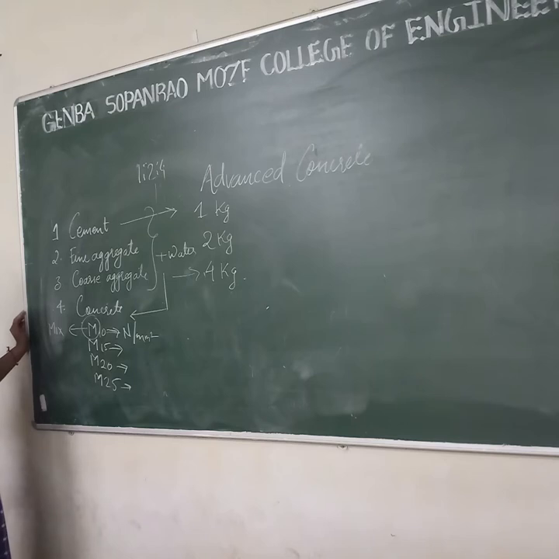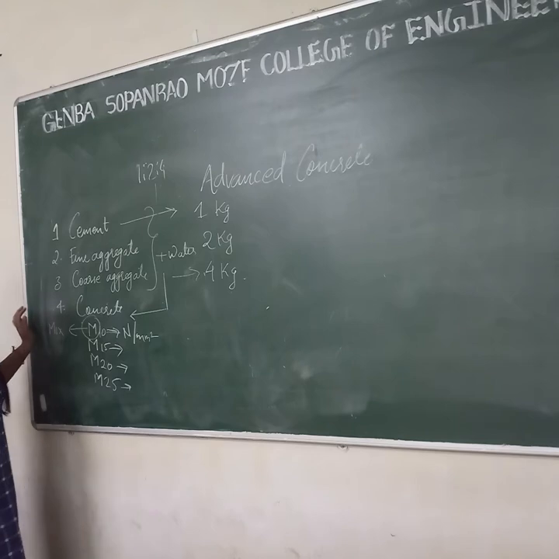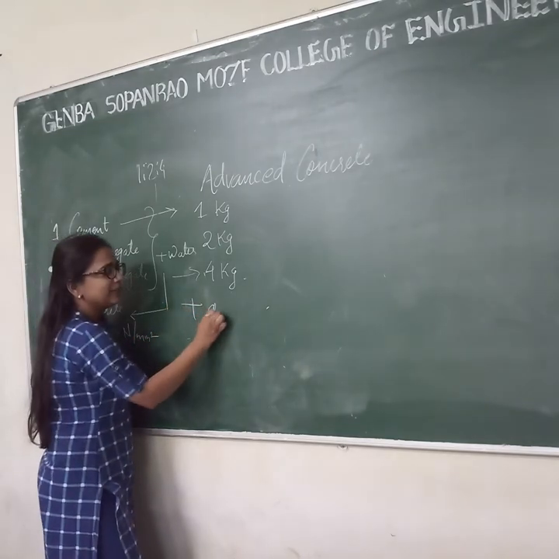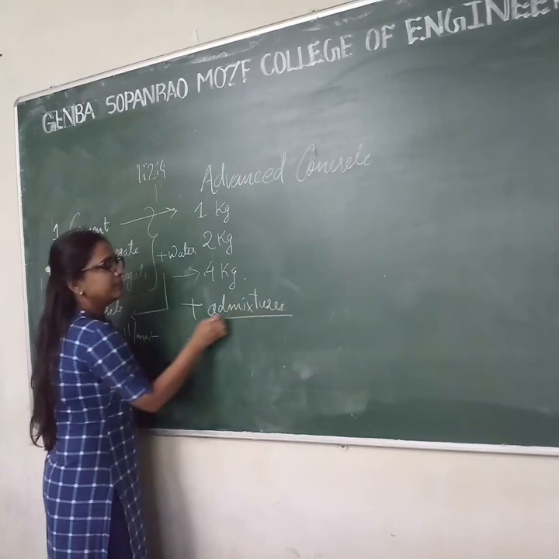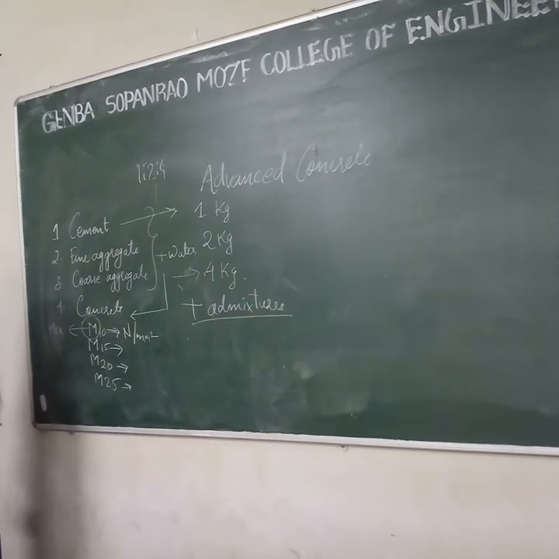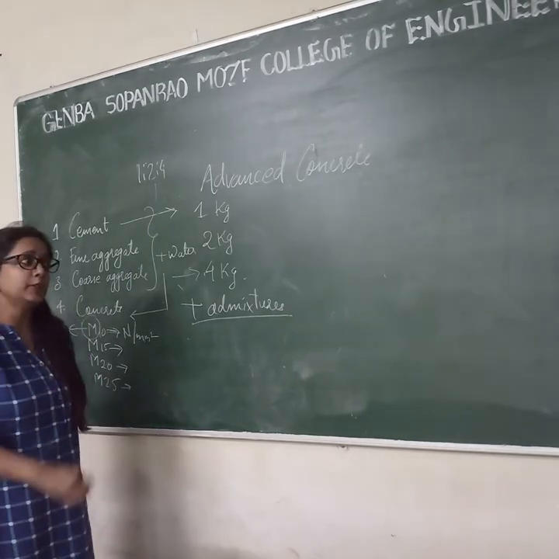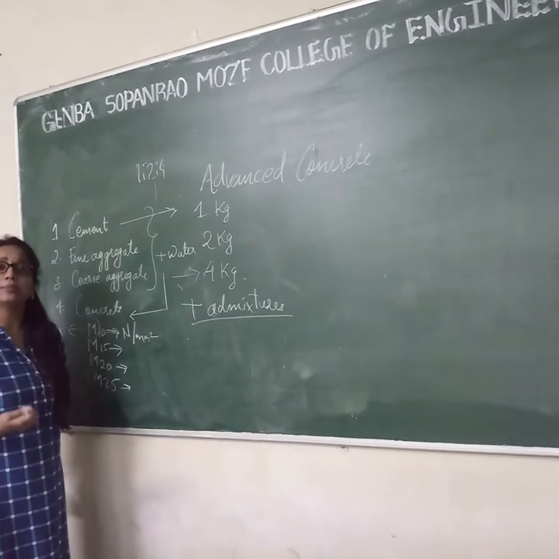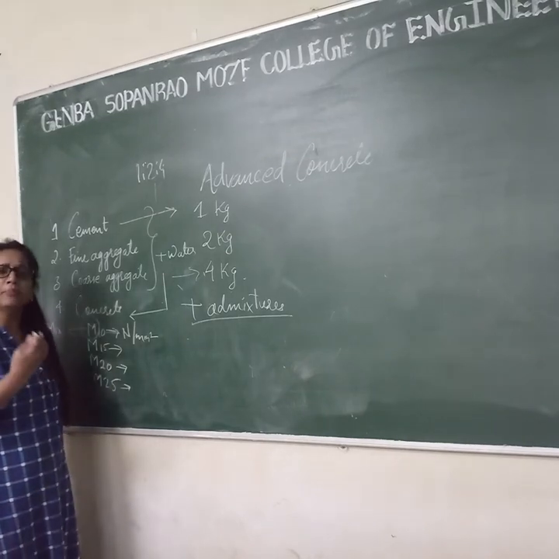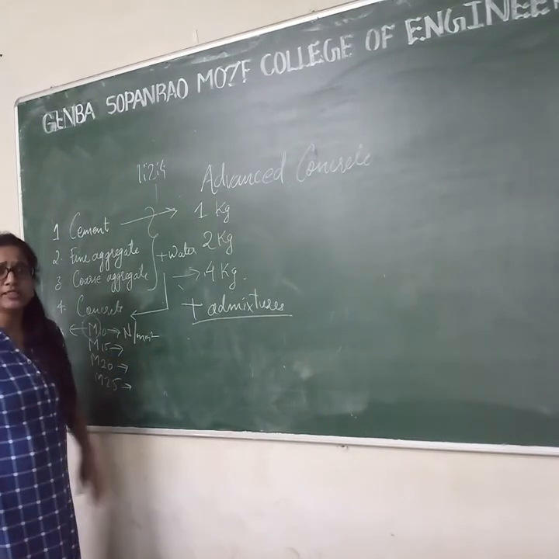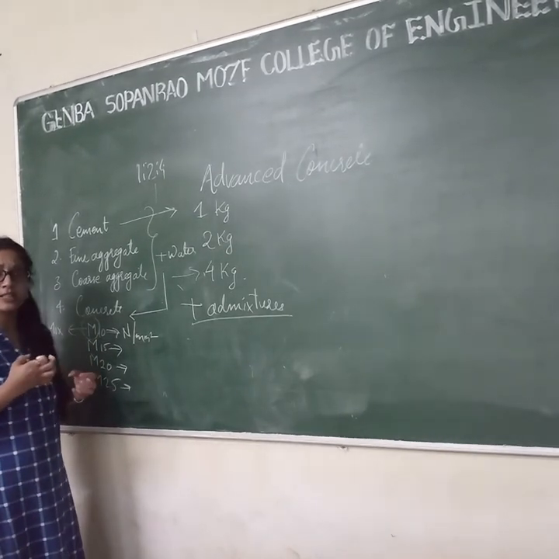Now, one more thing is there. In these mixes of cement, fine aggregate and coarse aggregate, some are adding admixtures. So what is an admixture? Admixtures are materials that you add to your concrete to get higher strength, more durability, to increase setting time, to decrease setting time, or many more properties an admixture has, such as making the concrete's water content high.